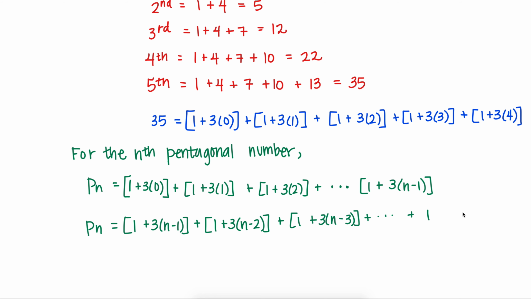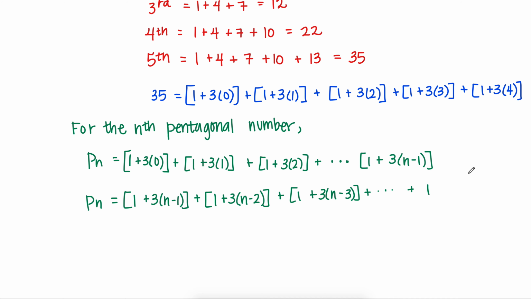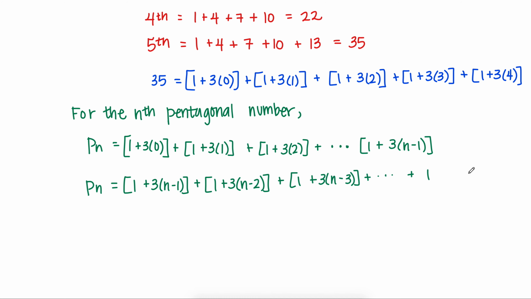So starting at the largest and working our way down. Then I'm going to add these together. This one is going to take a little bit more work. When we add these together,